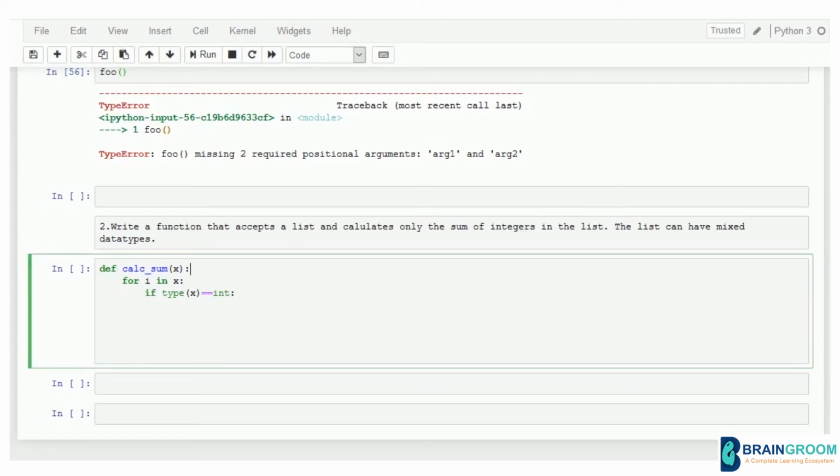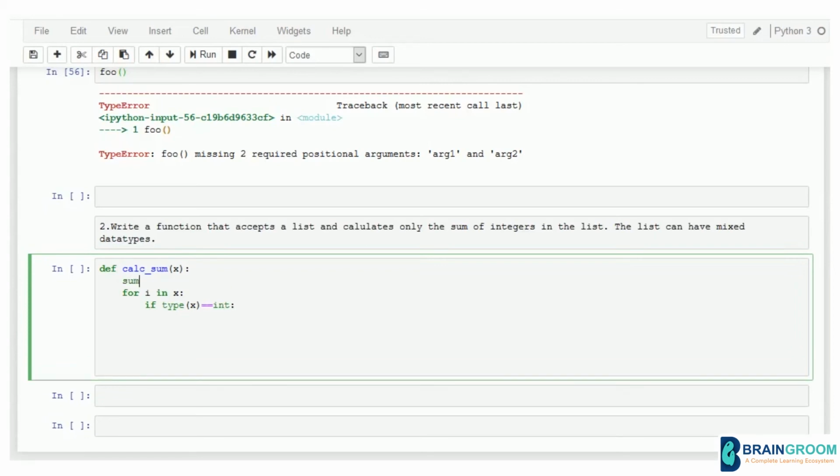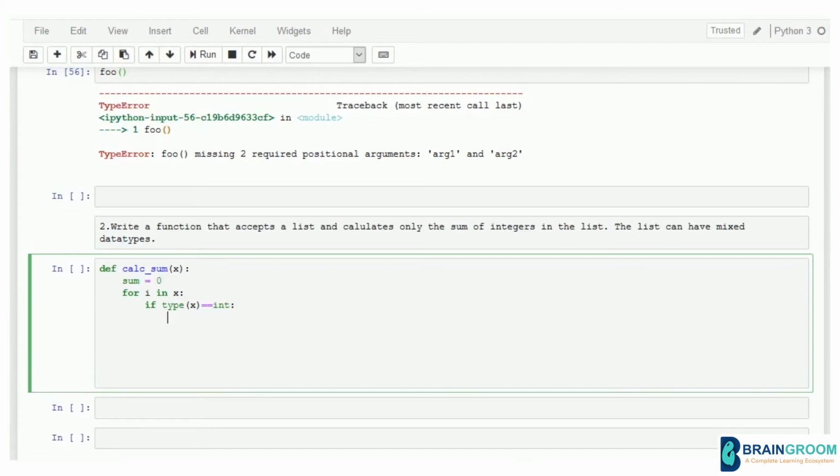So to store your output, first you need a variable. So let me just declare a variable, sum equal to 0 is the initial value. So whenever we include an integer, you update sum equal to sum plus I. So what it does, first initially sum is 0. When the first integer is encountered, you add that with sum, that is your 0 plus that particular integer. Say you are encountering 5. Now this becomes 5 and is stored back in sum. So sum is updated to 5.